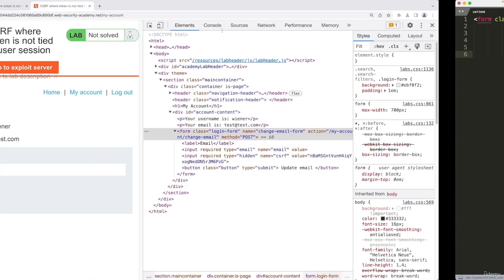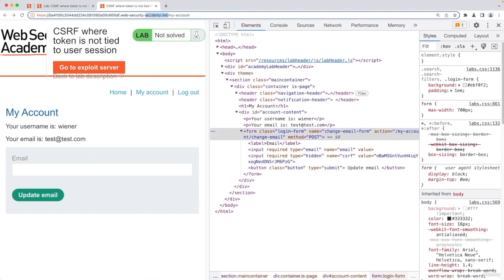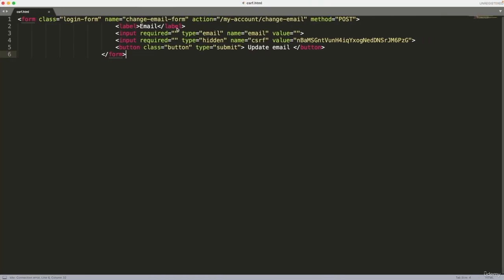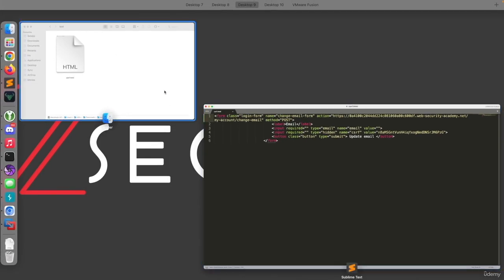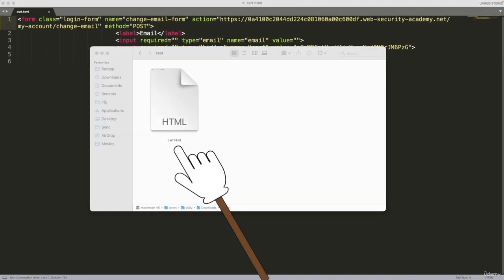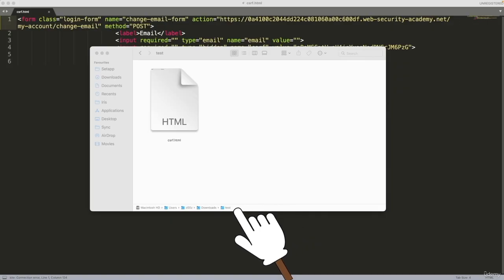So we have to put the full website in here. So we're just going to go back. We're going to copy the website name, the target name, and paste it in here. I'm going to save again, and I'm going to go to the location where I stored this csrf.html file. So I stored it in a directory called test, and I'm going to double click it to open it in